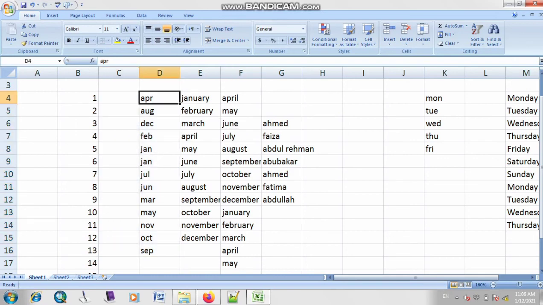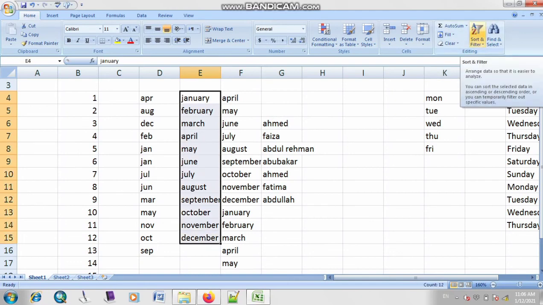So as you can see, the letter A will appear at the top, then D, because there is no word that starts with B or C, then D, December. So it will arrange all your values in ascending order. Now let's suppose we have to arrange this row in descending order.